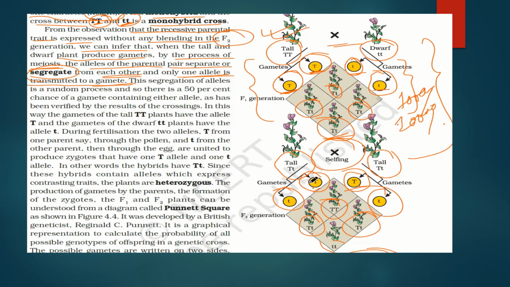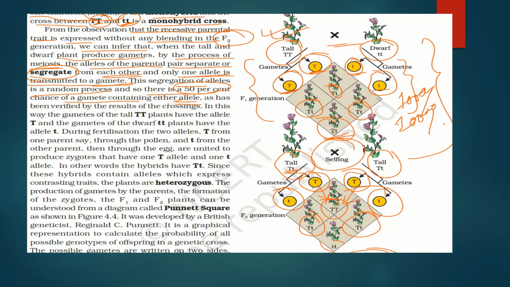So, you can see they are separated. Only one is transmitted from here and another is transmitted from here. So from either of the parents, only one gene is coming. The segregation of alleles is a random process, and so there is a 50% chance of a gamete containing either of the